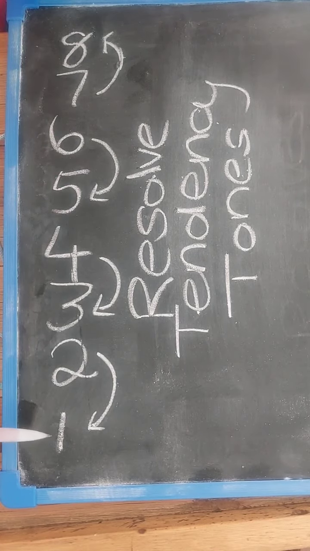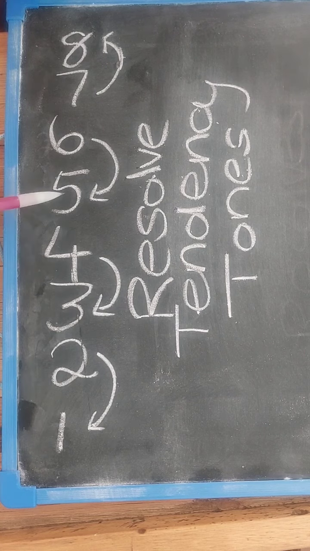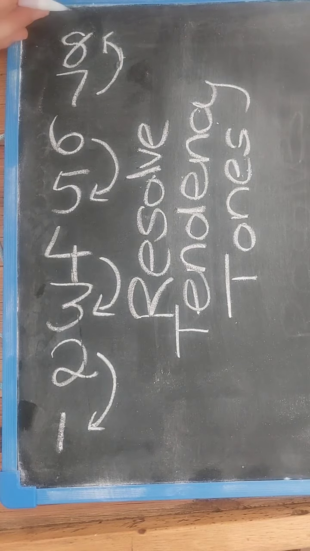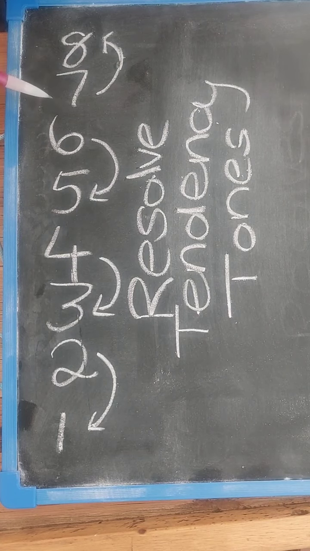That is why when we play the scale 1, 2, 3, 4, 5, 6, 7, we kind of can't stop there at the 7. That's why we add the 8th scale degree, because the tension is so much on the 7, it kind of just hangs in the air. So it wants to resolve to that 8th note.